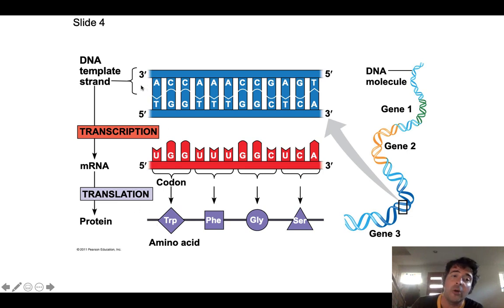You're always going to know your template strand because it's going to be 3 to 5 prime, because the synthesis of nucleic acids always has to go 5 prime to 3 prime. Always has to move in a 5 to 3 direction. So you're always going to know what the template strand is based on the 3 and the 5 prime ends, right? So the process of